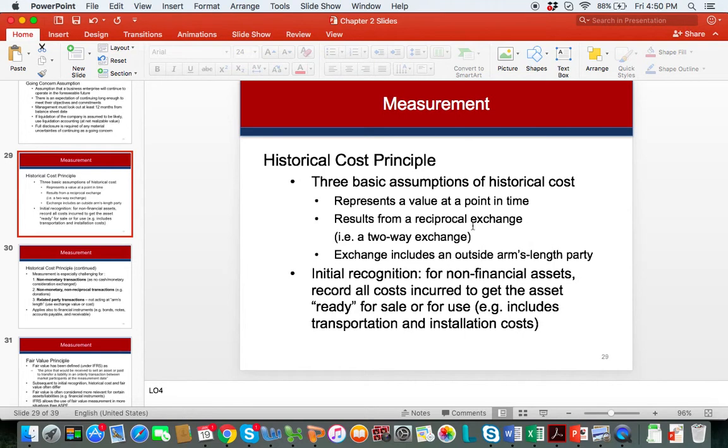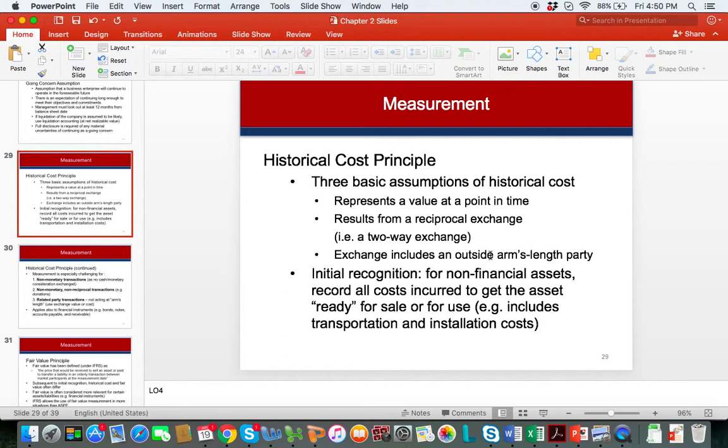It represents a reciprocal exchange, so a two-way exchange. And exchanges include an outside, arm's length party. So if we go back to the manufacturing example, if we bought a machine to produce the goods,